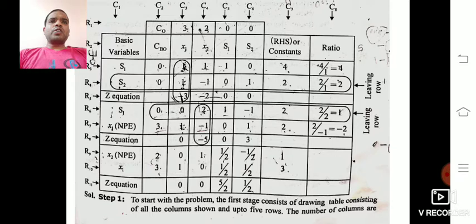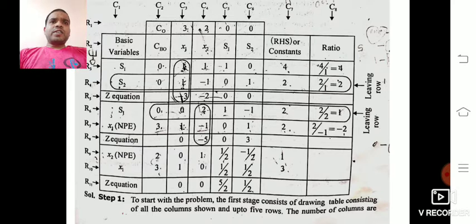Now coming to r2, that is the basic variables row, just write down x1, x2, s1, s2. In the next column, c7, you write RHS. Next, c8 is the ratio. In the first row we have written the coefficients of the objective function, and in the second row we have written the basic variables, that is c3 is x1, c4 is x2, c5 is s1 and c6 is s2. Next it is RHS and ratio.